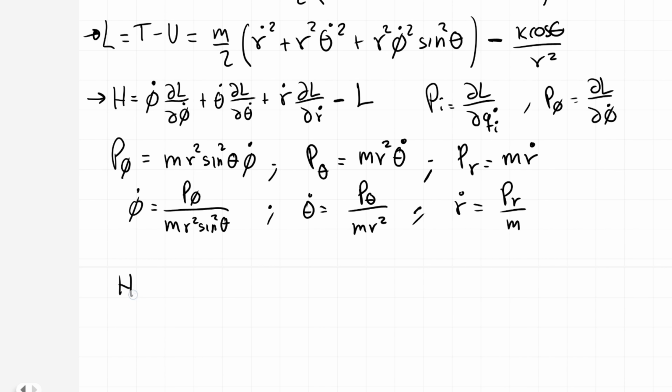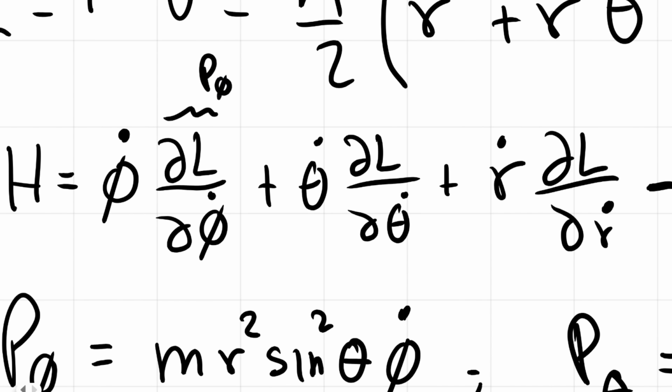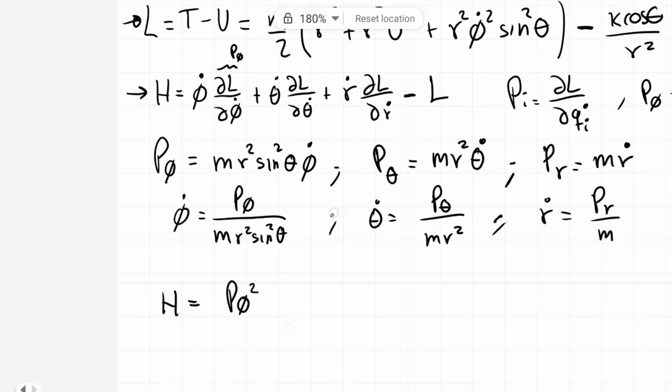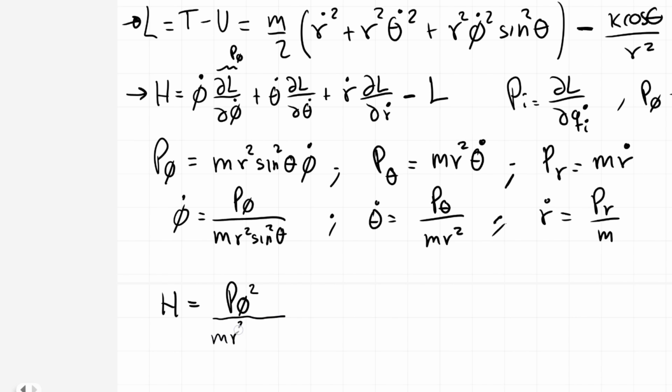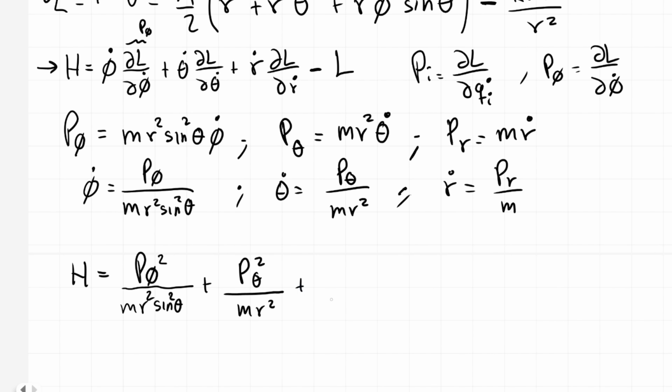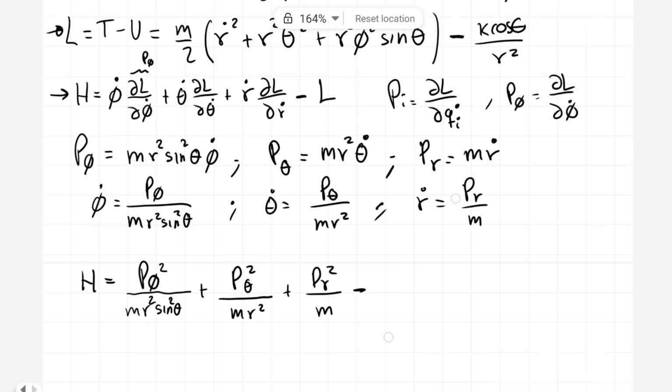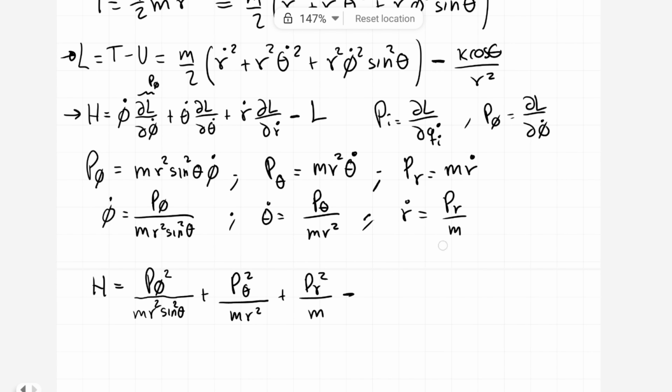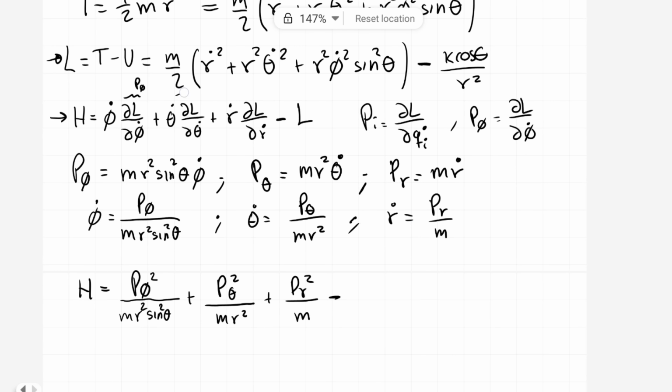So we will get that H is equal to phi dot, which is p phi, and recall that this quantity is p phi, so we will get a p phi squared here, divided by m r squared sine squared theta, plus again p theta squared divided by m r squared, and then plus r dot, which is p r, that will be squared divided by m, and then minus L, but L is the Lagrangian, so it will be minus this quantity,